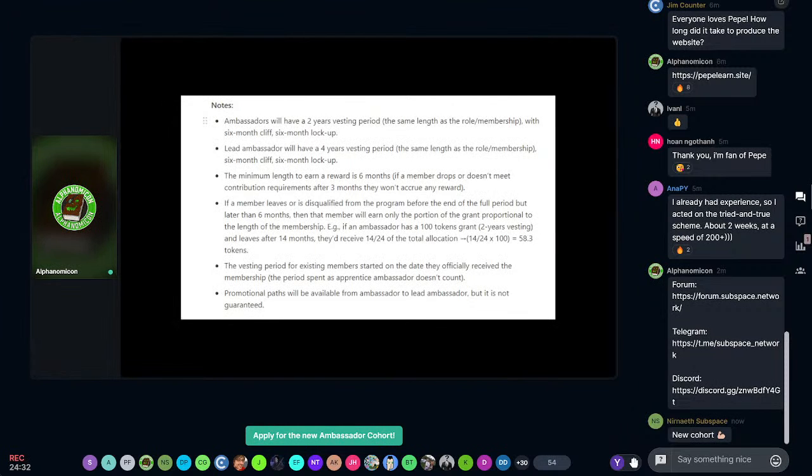So this is just the same. It's on the same page talking about ambassador perks. There is a 2-year vesting period for ambassadors for your tokens. For leads, it is actually 4 years. There's a cliff of lockup for when the tokens are initially released, and that's going to be on mainnet, but